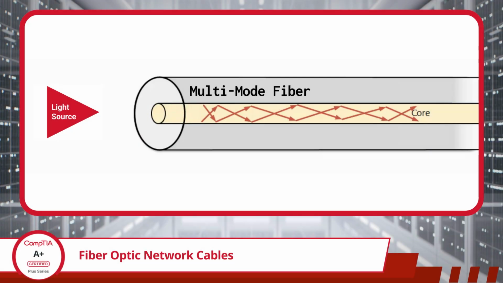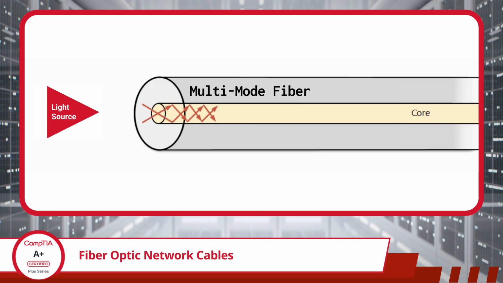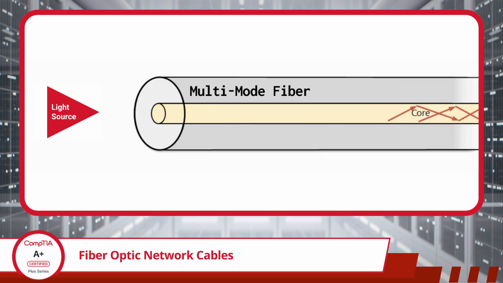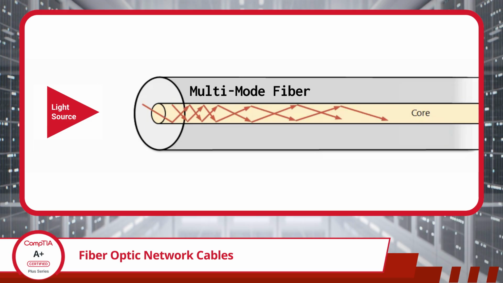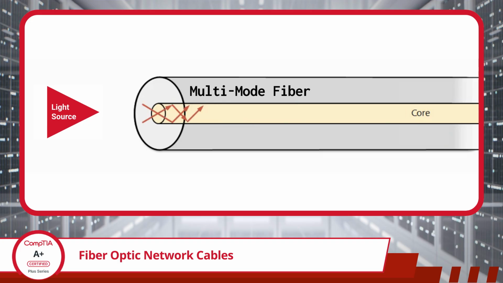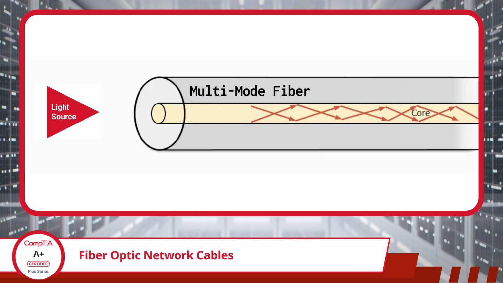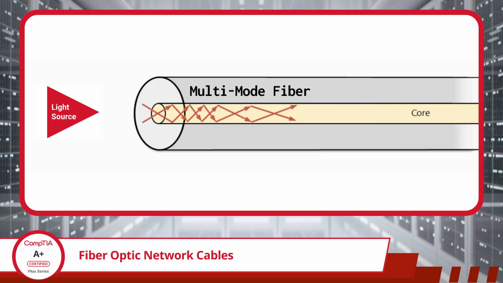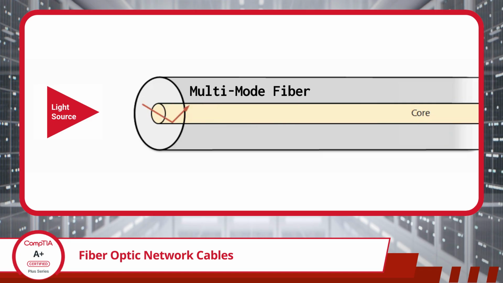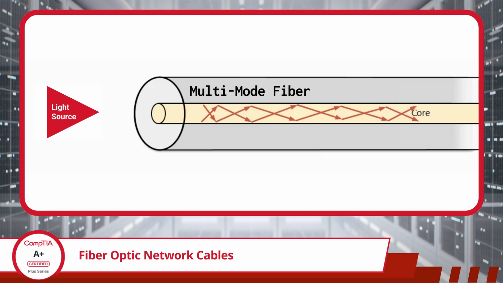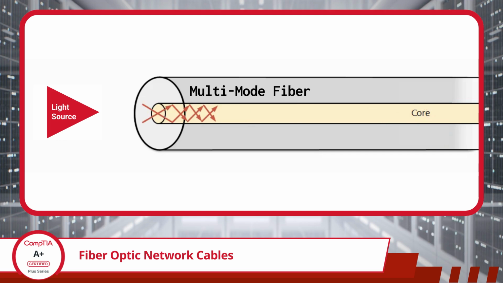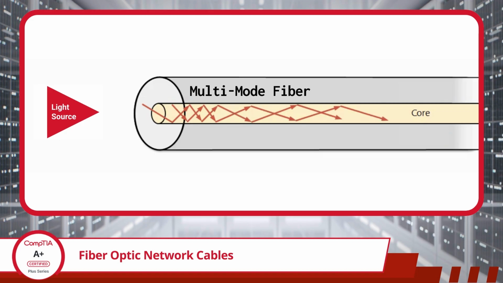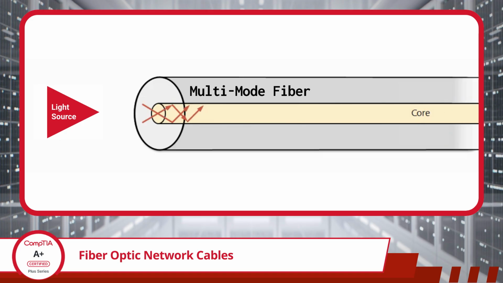On the other hand, multimode fiber, as the name suggests, accommodates multiple modes of light propagation simultaneously within its core. This characteristic makes it an ideal choice for short-distance transmissions typically found within buildings or campus environments. With its larger core diameter, multimode fiber facilitates easier alignment of light signals, simplifying installation and making it more cost-effective